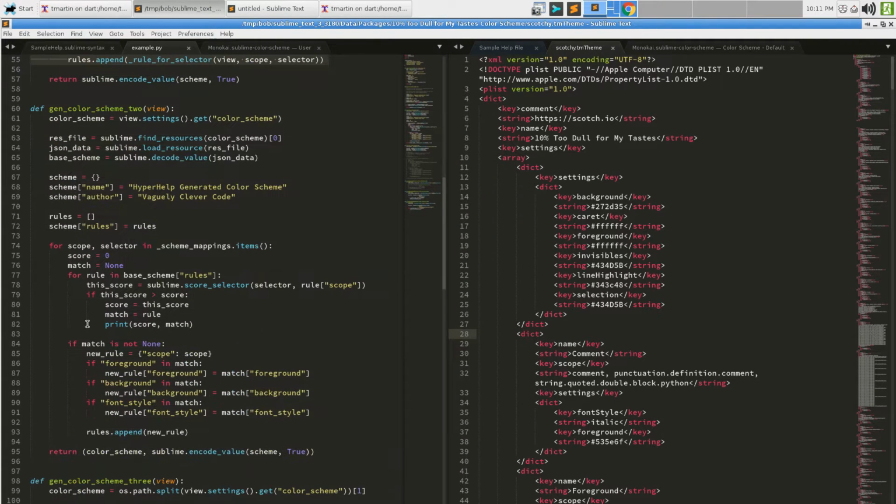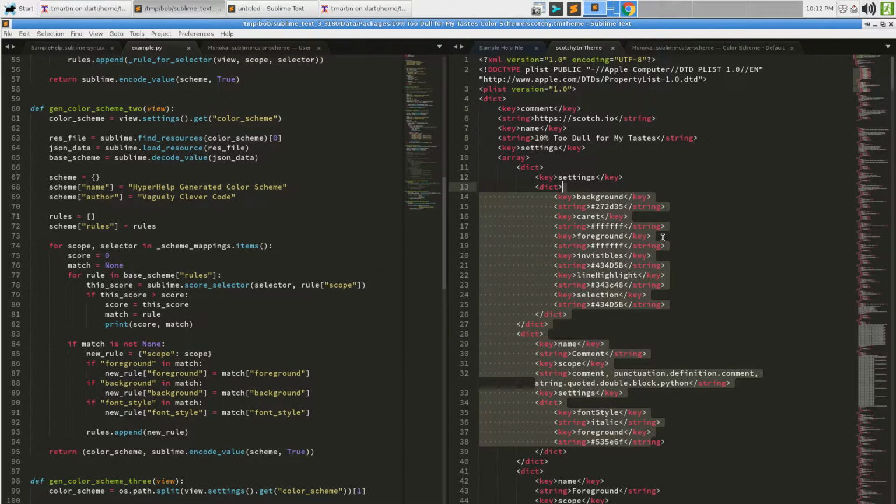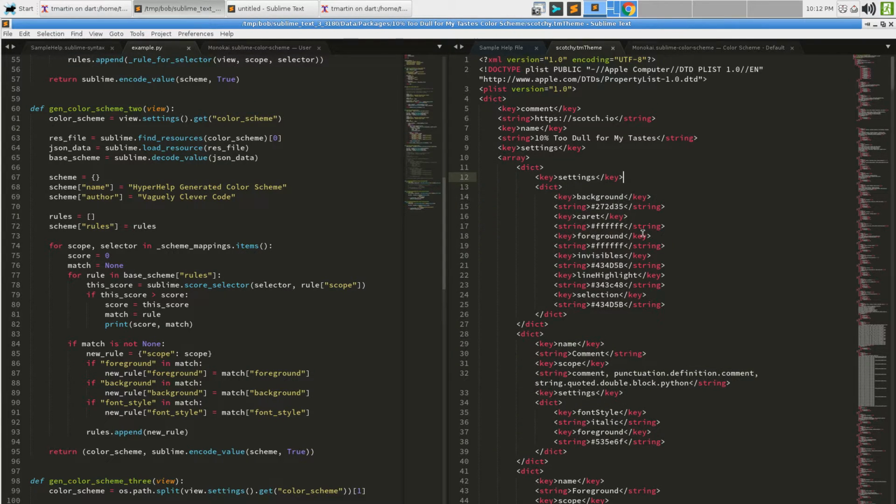We did it this way so that we could find the rules that match the closest and get the variables out so that if someone changes the variables, everything will change. If you're using a really old version of the color scheme like this, then that doesn't make a lot of sense because there's no variables in this at all.